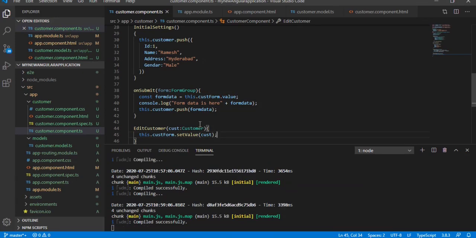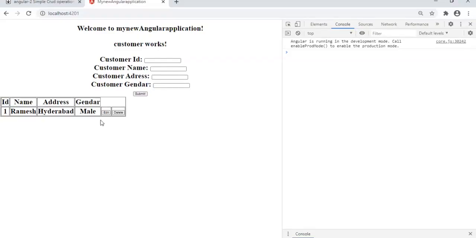If you see here, as soon as I click on edit, that information is showing in the controls. Now if I modify something, Ramesh Kumar, and click on submit, that modified information should be bound to the customer object again.